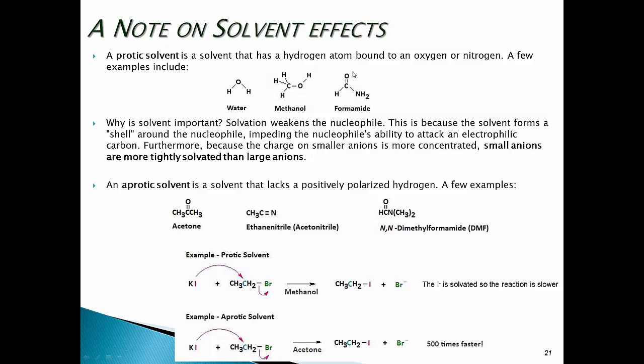and formamide is another one, so we've got nitrogens bonded to hydrogens. So we've got these hydrogens that can come away quite easily. So protic solvents,